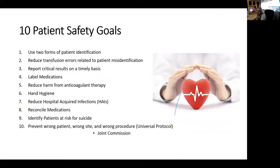list some of those patient safety goals, they would be to use 2 forms of patient identification, reducing transfusion errors related to patient misidentification, reporting critical results on a timely basis. We want to make sure that we have that information through the electronic medical record and through core texting as indicated, labeling medications, of course reducing harm from anticoagulation therapy, hand hygiene, okay, so foaming in and out, very important